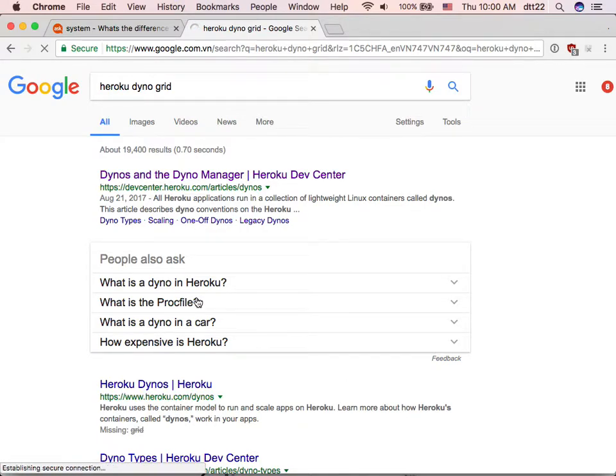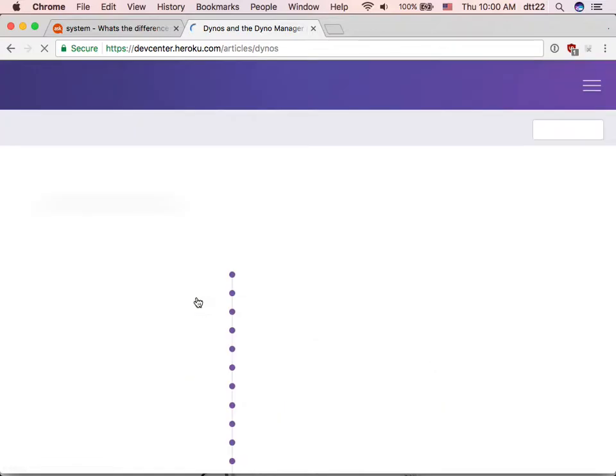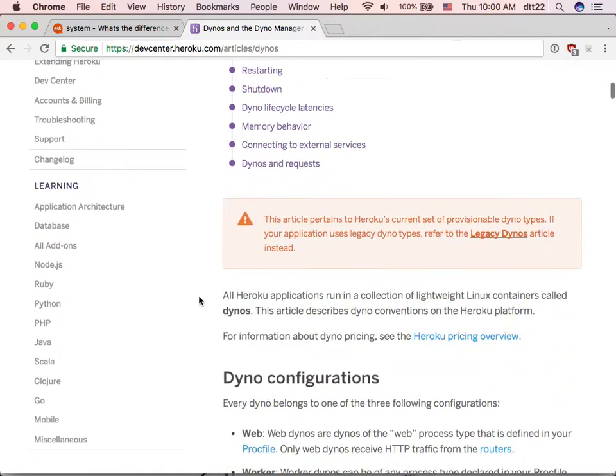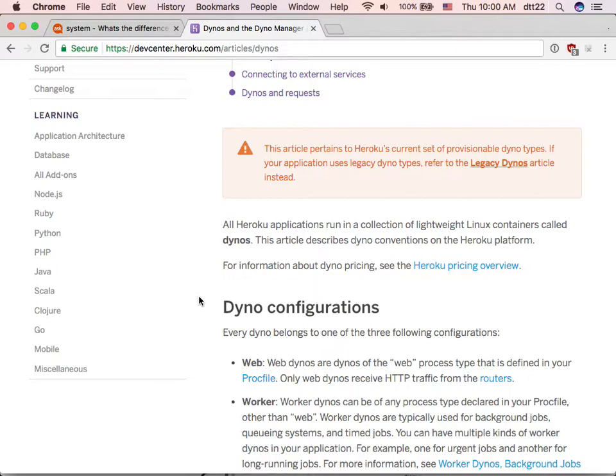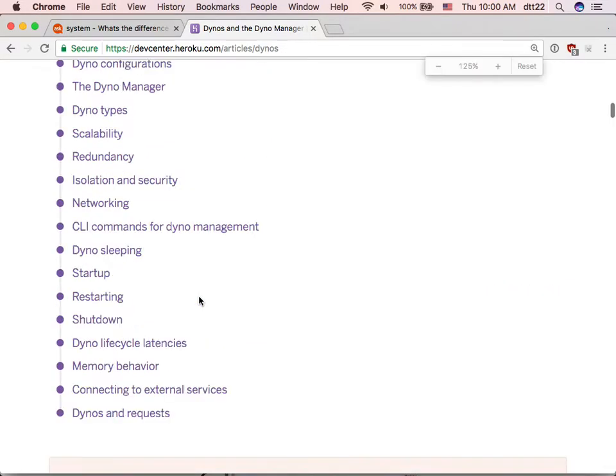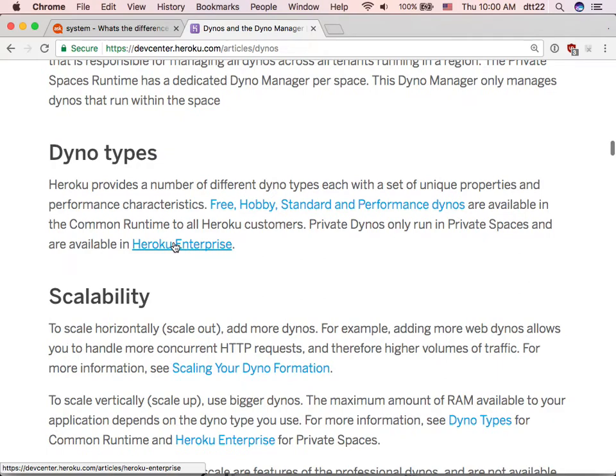So each of these is called a dyno instead of a server. And then there's a dyno manager that can decide how powerful it should be, and whether it should stop the server to save resources, or should keep it alive. And you can choose to pay for the more expensive, more powerful dyno. Does that make a little sense? So there are different tiers here. Automating this helps people save time and money and take care of security.